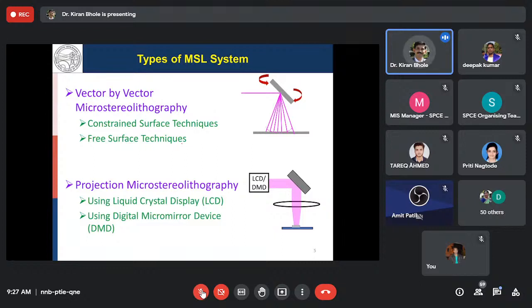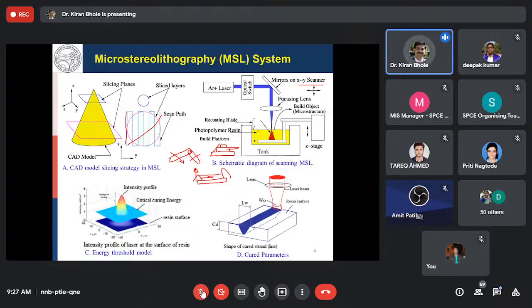You have another technique called the constant surface technique. What is done in a constant surface technique is you have one transparent substrate placed on the top of the resin, and this is the build platform. The laser light is focused exactly below the transparent substrate, and a very thin layer is maintained between this transparent substrate